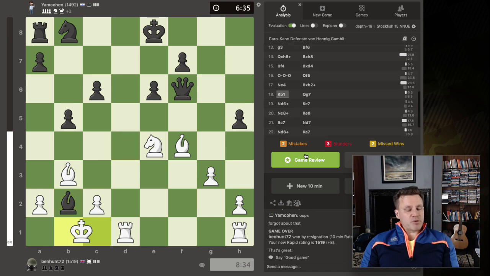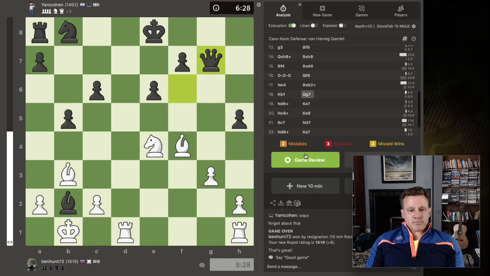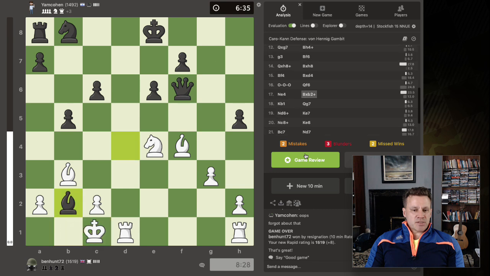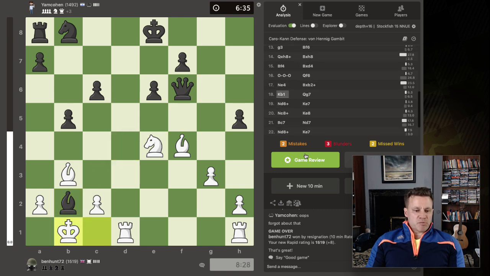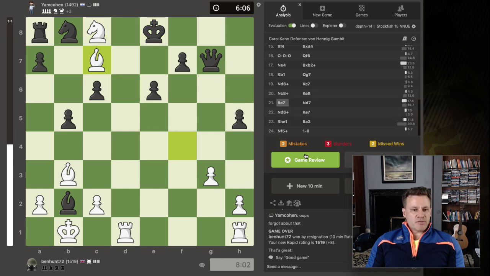So my opponent is sharp, you know, he's seeing things. He's seeing his opportunities for sure. Takes here, but now the queen is still, you know, because that comes with check. I have to move the king. Queen drops back. Now I throw in a check and a few more checks, and this looks like